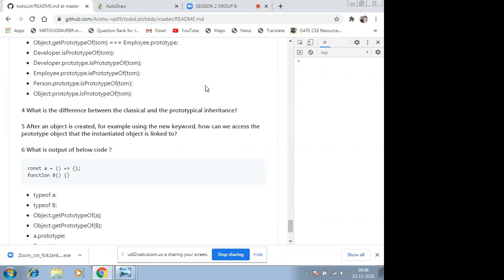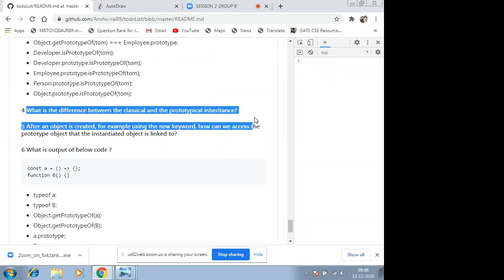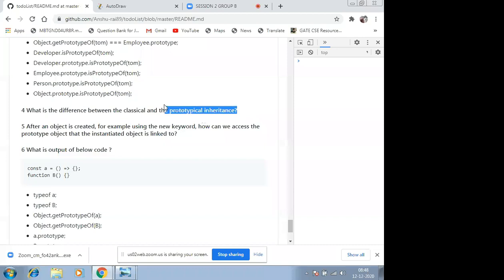You should be pretty clear, and they generally have a discussion of around half an hour over this, because it means a lot in the JavaScript development field. All the development work that we do in JavaScript follows either a functional approach or an object-oriented programming approach, and at the end of the day, everything is just objects. So you should know pretty well the difference between classical and prototypical inheritance.